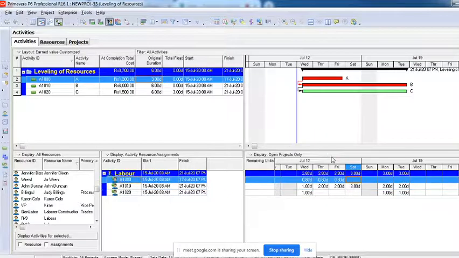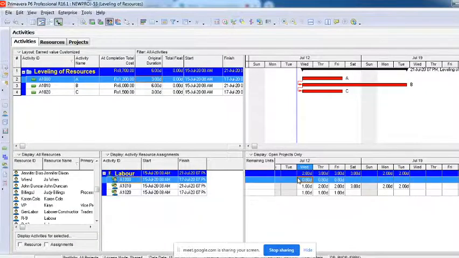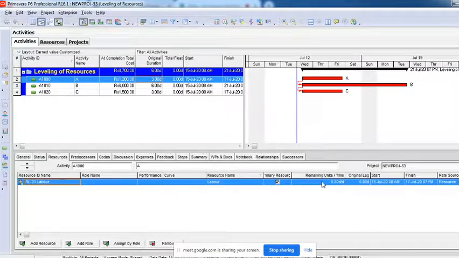Another easy way I can tell you: I'll bring it back to normal. It was default like this. Is that what we had planned initially? I'll bring it back. Why is this getting converted? Just a second. Again, this has changed to fixed units. I'll have to remove it and make it fixed units per day. I'll make this 1 and this 3. Yeah, that is there.